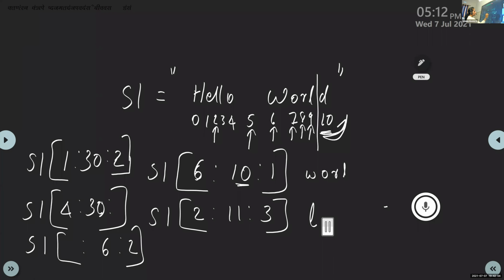Then after 5, 5 plus 3. What is the next value, Thompson? R. The last value is 11, so after R there is no value. So the result is L space R. It is not an underscore, it is for space representation.